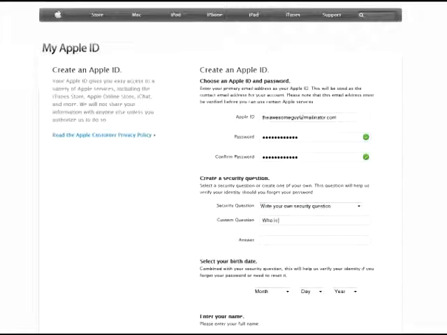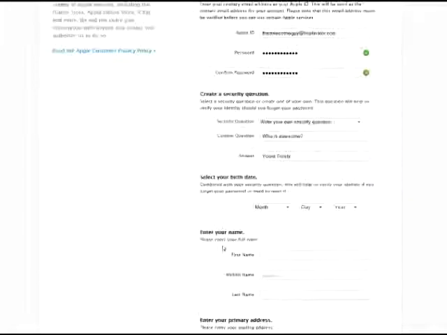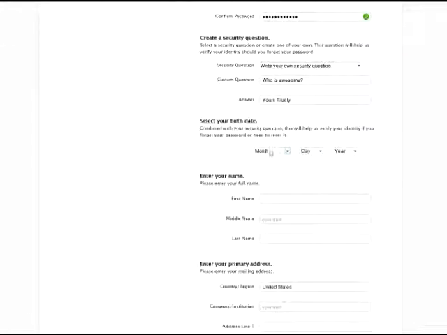So once again, who is awesome? Yours truly is awesome. Never going to use this account again, so I don't really care. Enter a birth date, so we'll have January the 1st, and the oldest we can be is from 1901, which I don't think is old enough, but you know, whatever. So first name and middle name is optional. Guy,